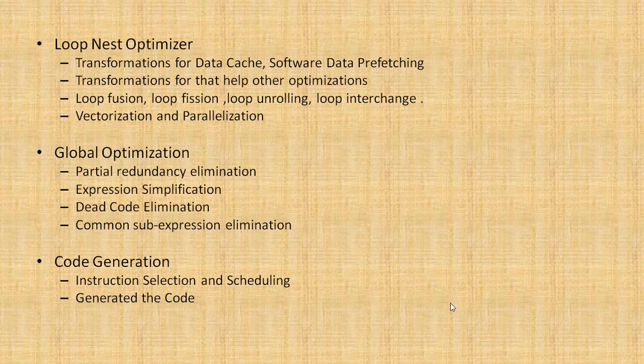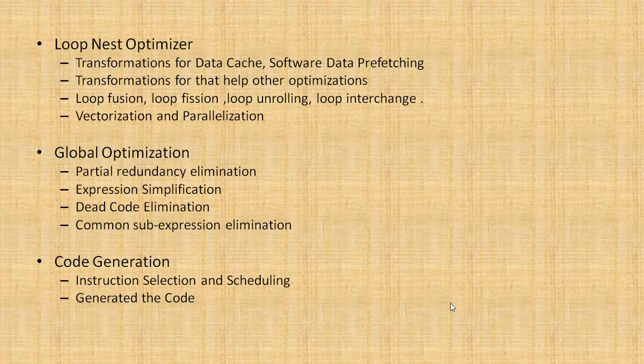Then the loop fission is breaking down the bigger loops into smaller loops over the same index range to achieve better utilization of locality of reference. Then comes the loop unrolling part. It increases the program speed by reducing or eliminating instructions that control the loop. Then the loop interchange is a process of exchanging the order of two iteration variables used by the nested loop. This is done to ensure that the elements of a multidimensional array are accessed in the order in which they are present in memory.